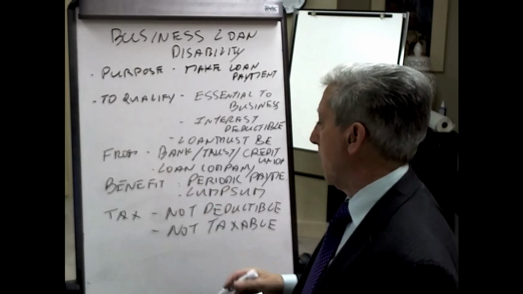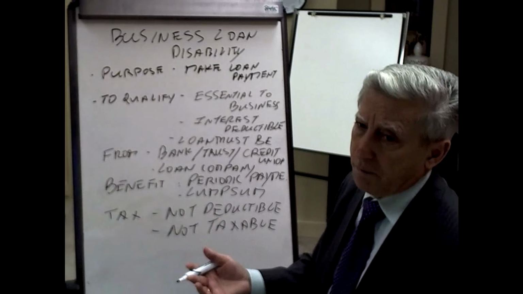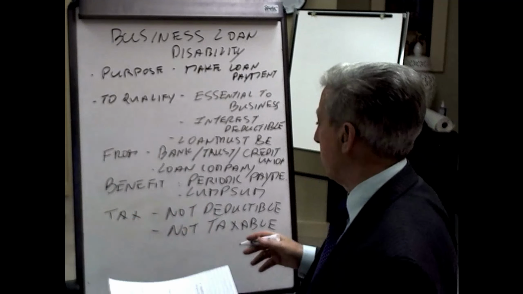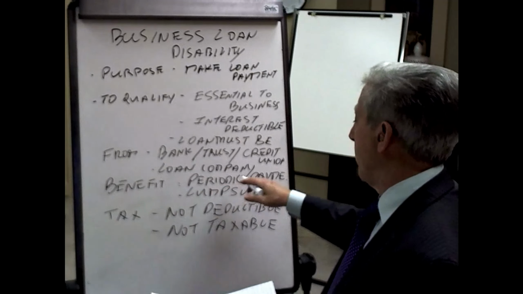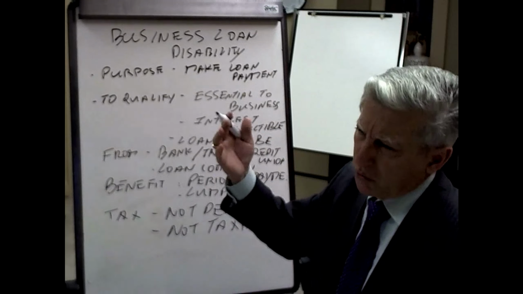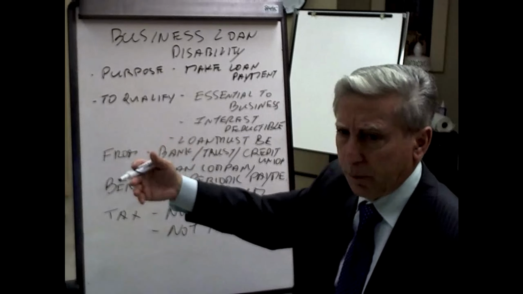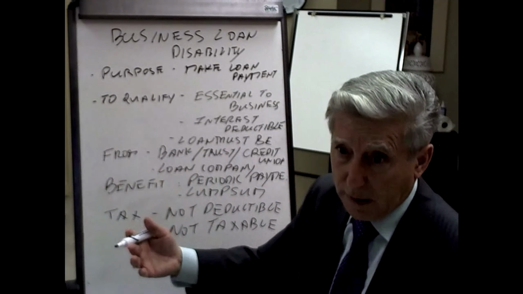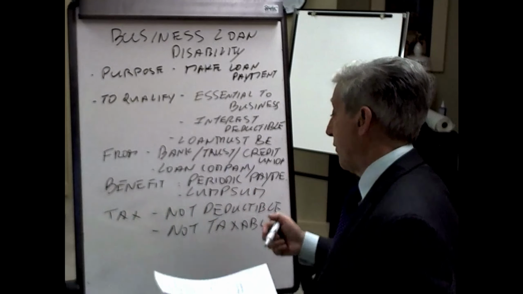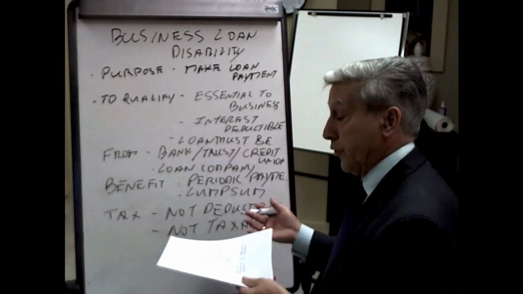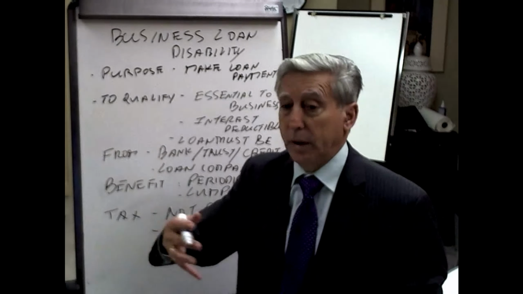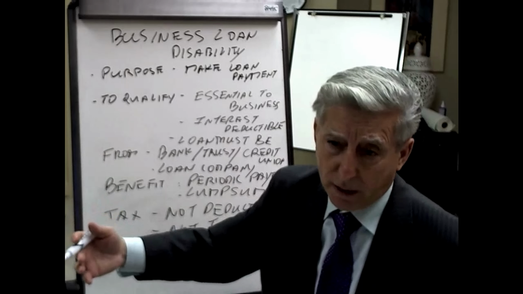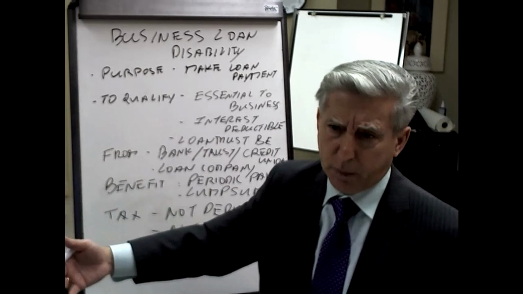The benefit, obviously, is that when you become disabled, and once again, you can have the usual 90-day waiting period, 60-day waiting period, all that sort of thing, it will make periodic payments. Up to usually around $10,000 a month, so every month it will just keep on making those payments on your behalf. Or sometimes, again, you have to look at the company, they may actually have a lump sum. And it could actually have both. You can have periodic payments for a period of time, and then toward the end of the loan period, they do what's called a present value calculation, and they just pay the rest of it off.